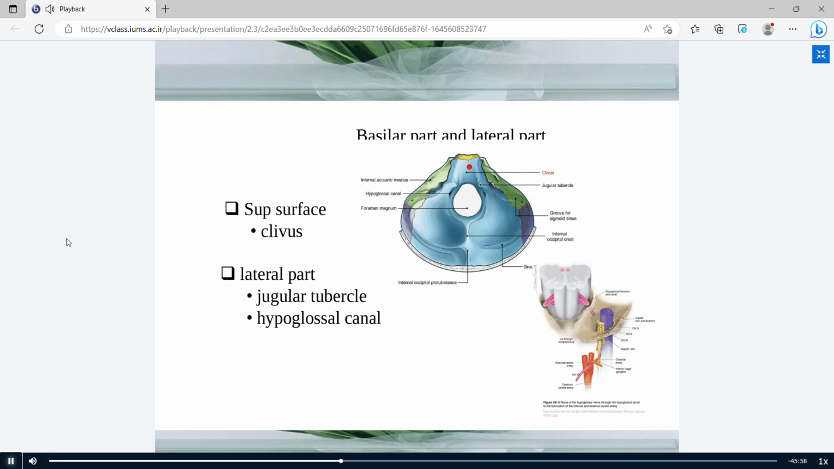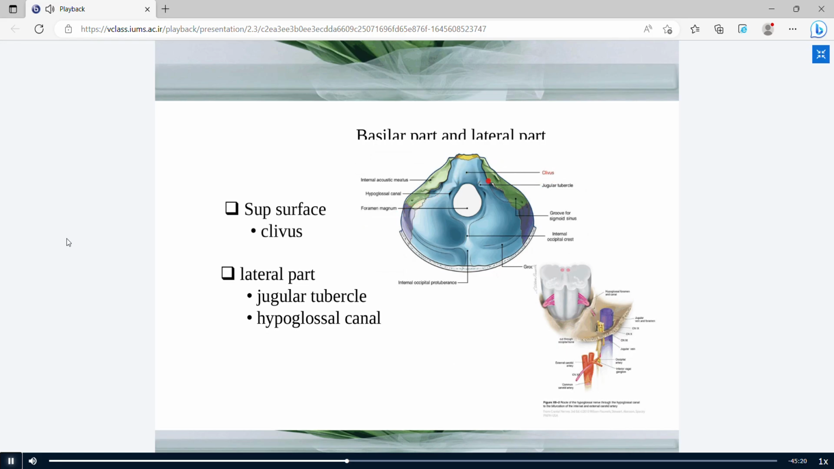This is the basilar part. The basilar part is a quadrangular part. It's located anterior to the foramen magnum, and in the superior surface, it has the shape of a groove. The name of the groove is clivus. The clivus is a location for the passage of the pons. The pons is a part of the brainstem, and